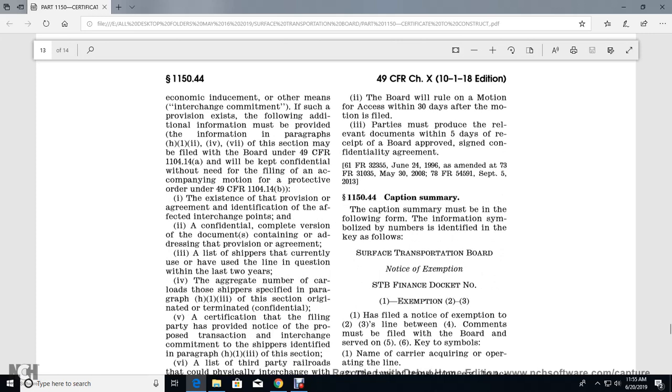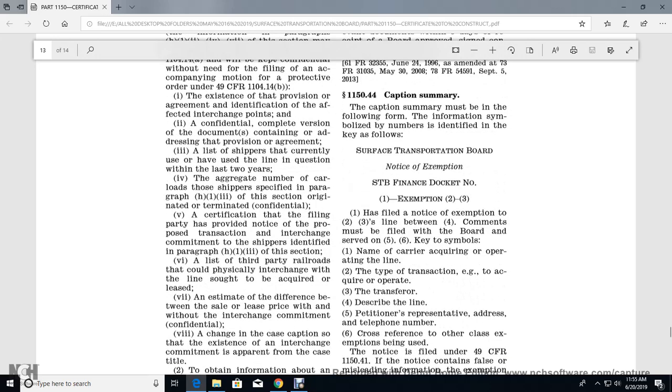List of shippers that have used the line within the last two years, and the aggregated number of carrier loads of the shipper, as specified in paragraph H13 of the section. Original determined with the confidential certification of the filing, where the party has provided notice of the proposed transaction, interchange commitment of the shipper identified in paragraph H13, section listed third party